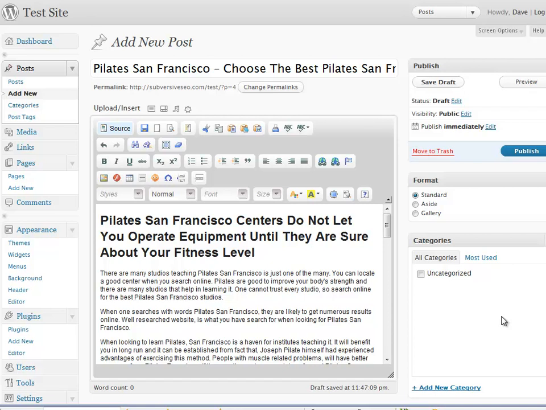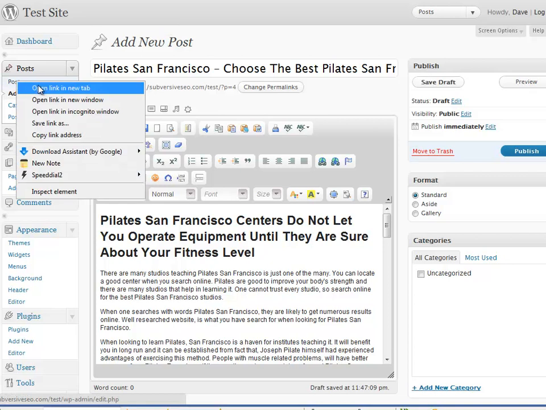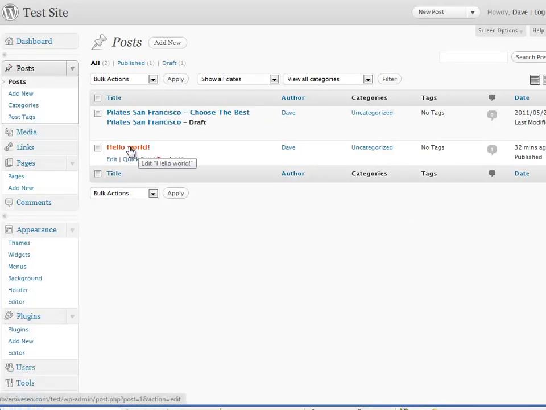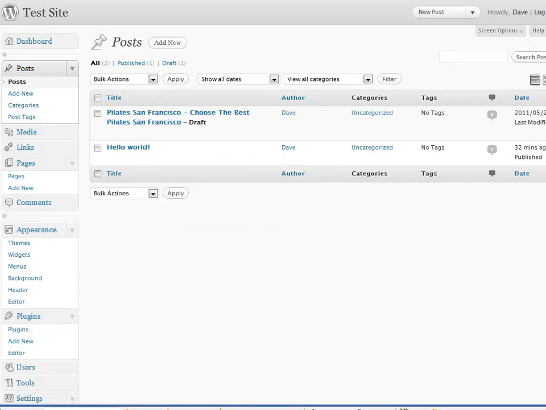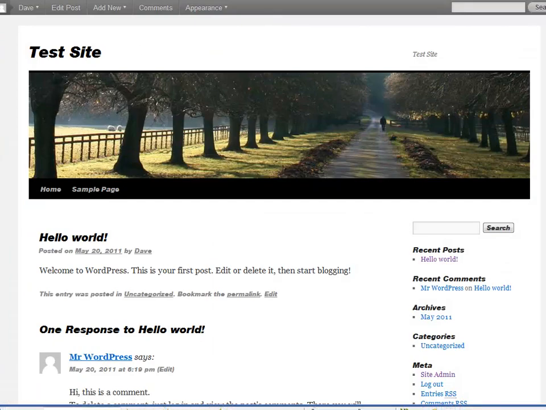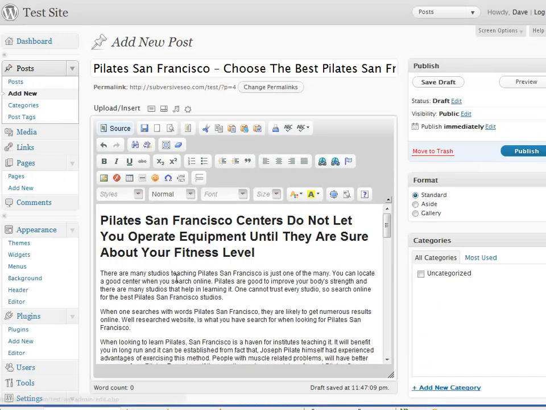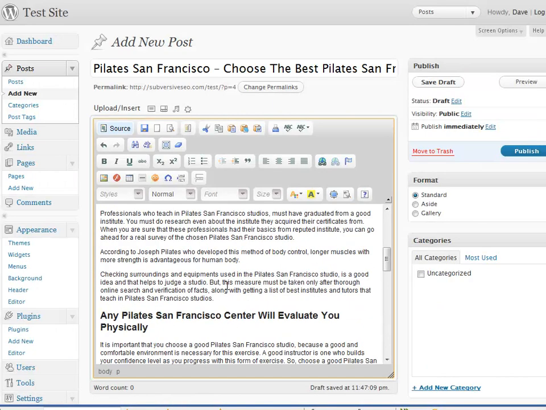Now for the next step, which is to add an internal link. I would have another post somewhere, so this is hello world, but obviously you would have another post somewhere. I'm just going to copy the URL, and somewhere in the copy here I'm going to find my main keyword, which is Pilates San Francisco. And then I'm going to